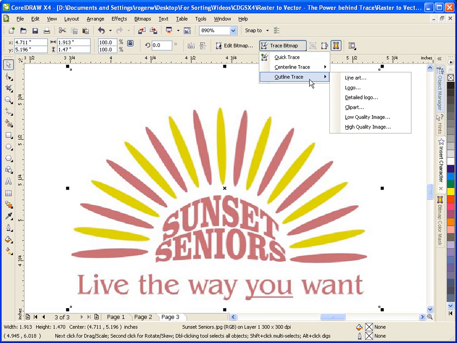The third option, the Outline Trace method, uses curved objects with no outlines and is suitable for tracing clip art, logos, and photo images. The Outline Trace method is also referred to as fill or contour tracing. Under Outline Trace, there are a number of presets. They include Line Art, which lets you trace black and white sketches and illustrations; Logo, for tracing simple logos with